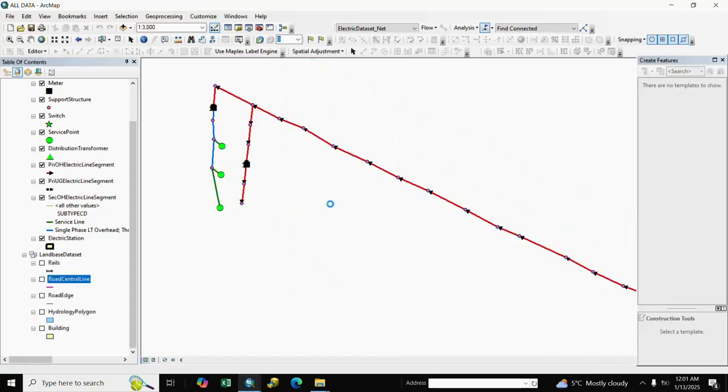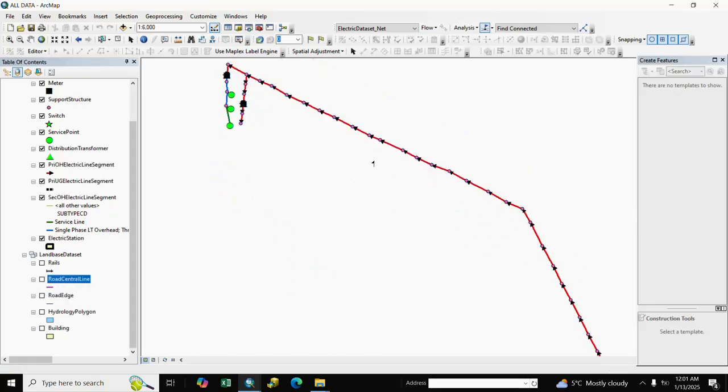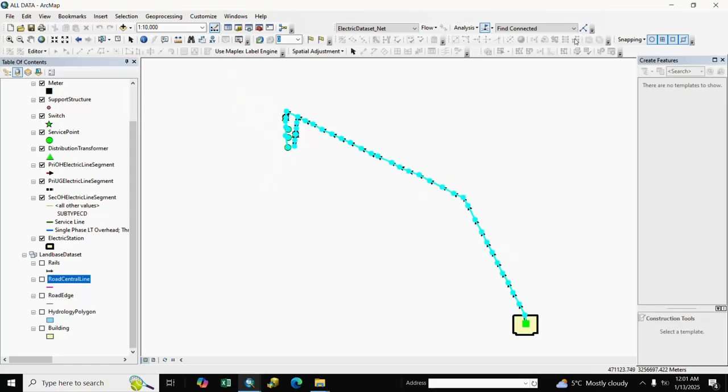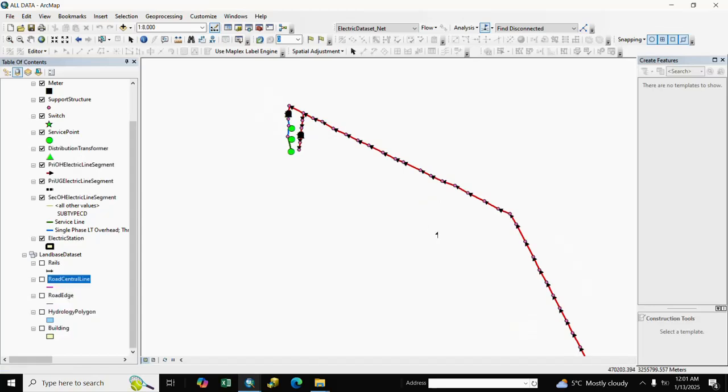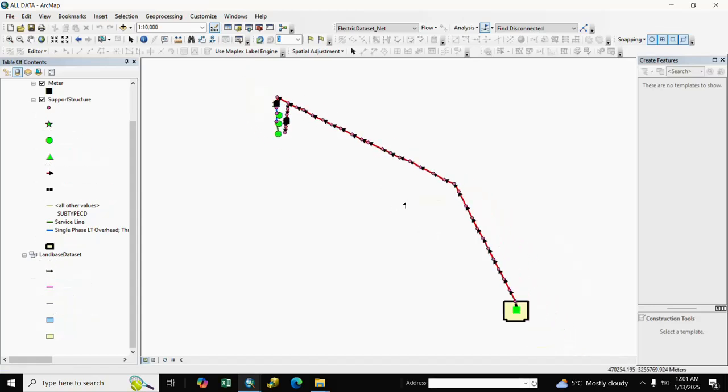And we also check loop and disconnected, find loop. Here is not any loop, we check disconnected, not any feature is disconnected, our network is complete.